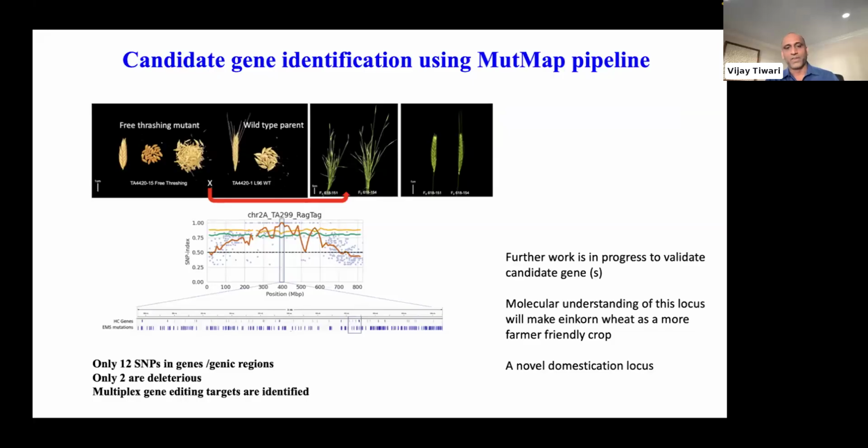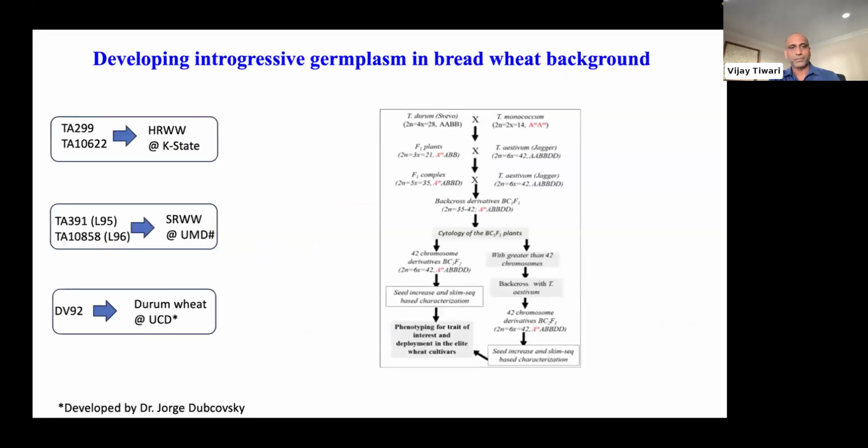So we are basically working on some gene editing, because we cannot go in bread wheat and identify and do editing to basically make free-threshing to non-free-threshing. So that's why we are working to do editing in these two candidate genes, and we are working with Juan and Juan's group to make this transition happen. And it is going to be a pretty unique story for our growers.